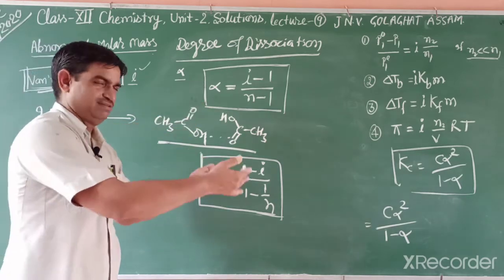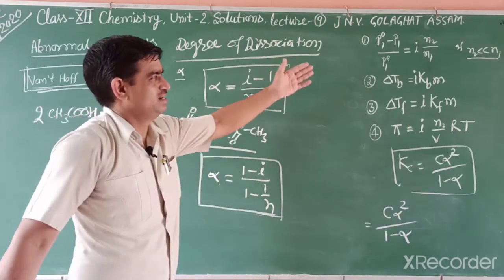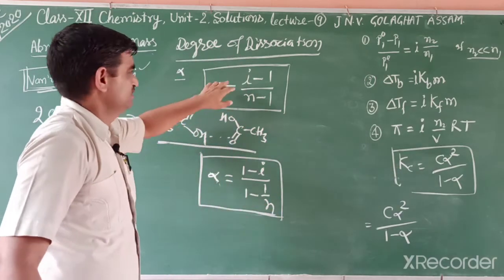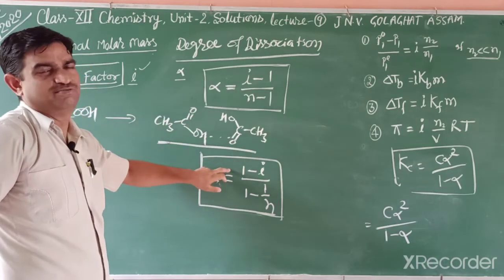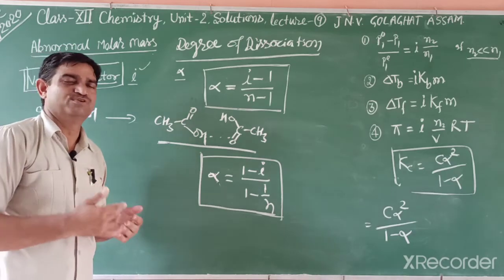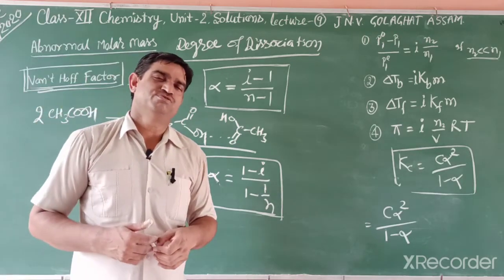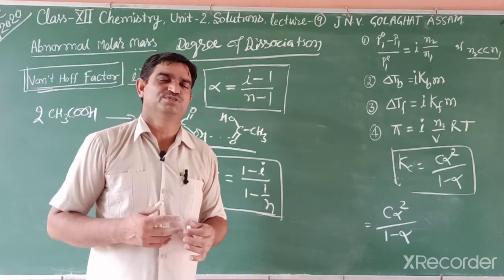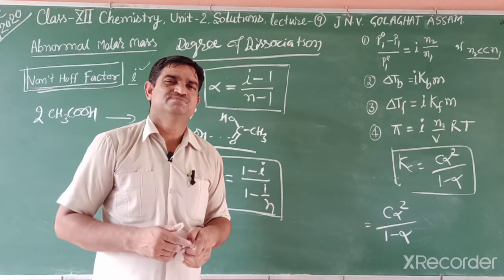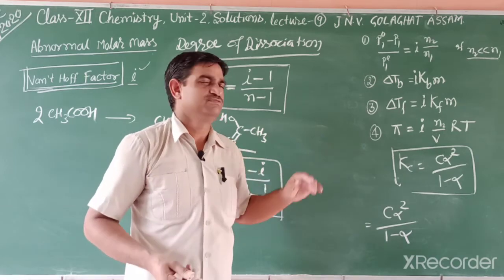If you solve any other way, you can also find out. So students, you should learn these 4 formulas: the equilibrium expression from 11th class, this one for degree of dissociation and this one for degree of association. But if you focus slightly more on the main terms like molarity, then you can easily solve the numericals. Tomorrow we will solve some numerical problems on this chapter. Students, we thoroughly studied this chapter, and tomorrow we will solve numerical problems related to these different formulas.